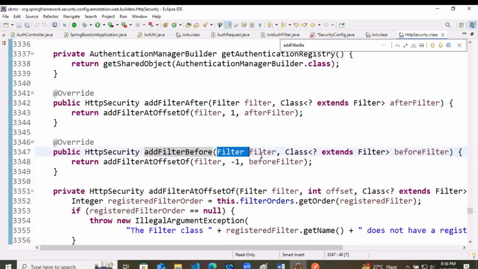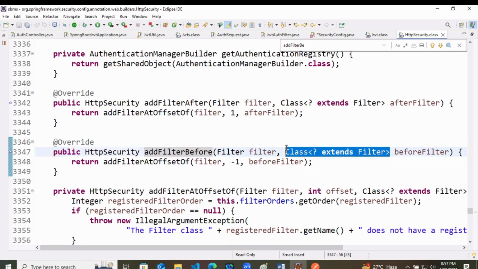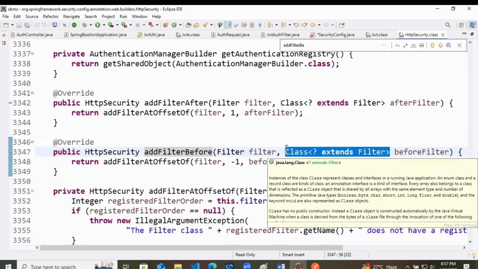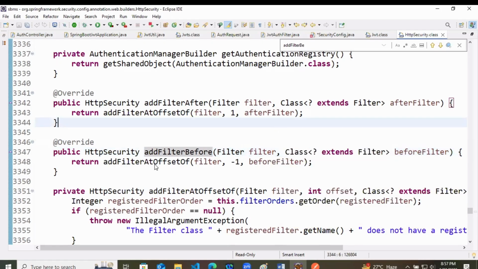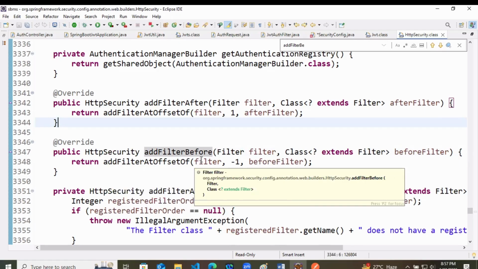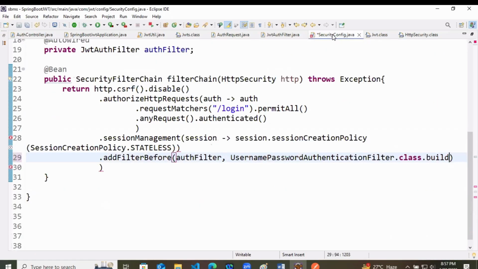It will take a filter and then it will take a class which should extend the filter.